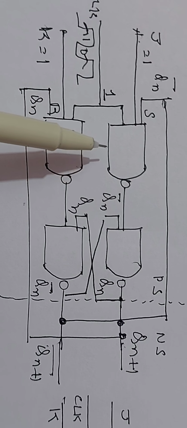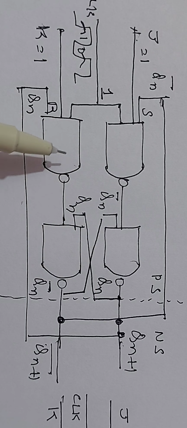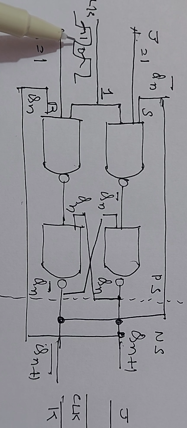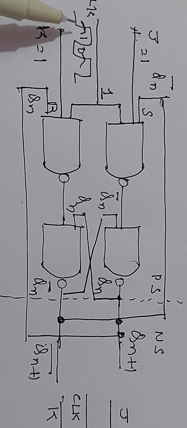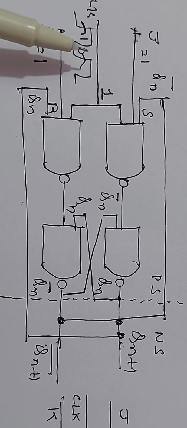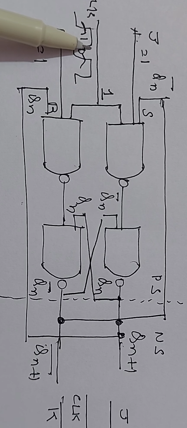See, this is the clocked SR flip-flop: 4 NAND gates, and 2 inputs are connected, applied to a clock input. Here we are taking the clock at the rising edge. So we are considering the clock at the rising edge, and it remains constant up to this period. Again it falls. This is called the falling edge.